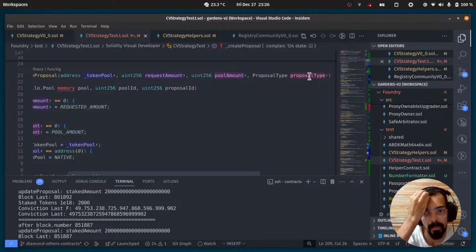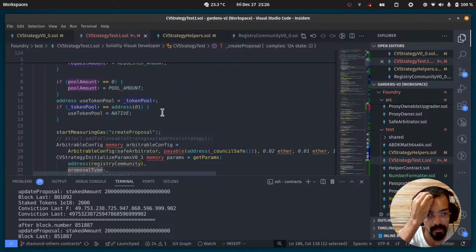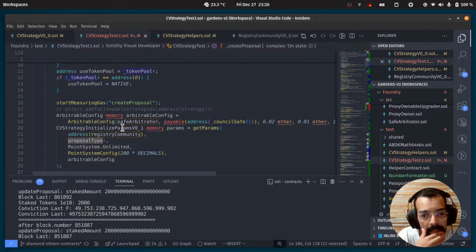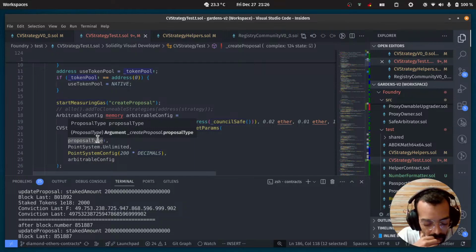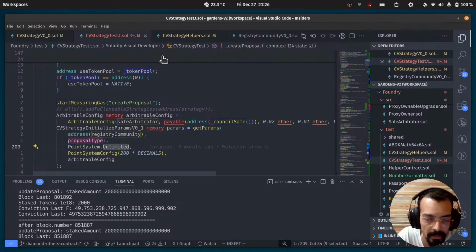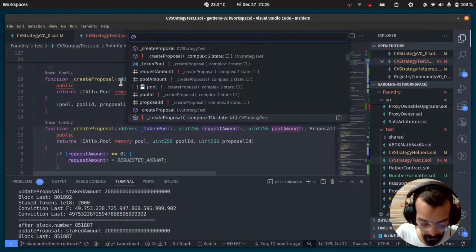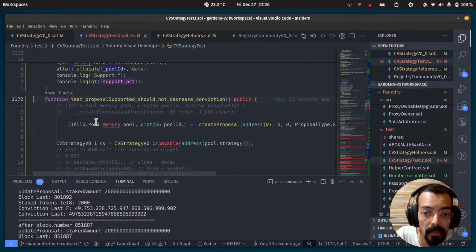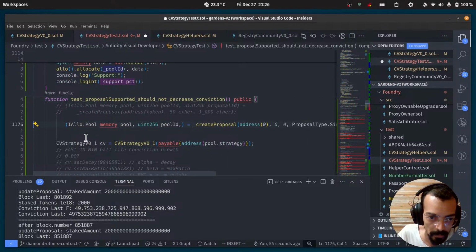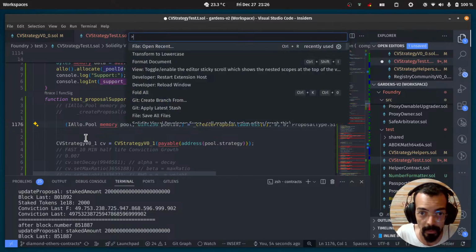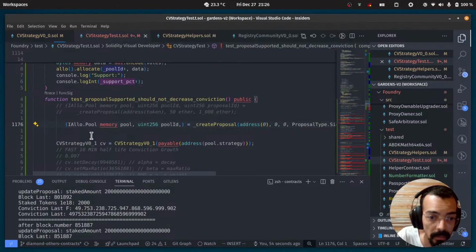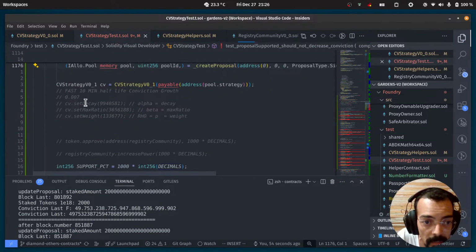And when I put proposal type as signaling, they go. Yeah, it's correct. It's signaling, but also it's unlimited. Okay, it's correct. Yeah. Should not decrease. Okay, we can go formats, document a little bit, and